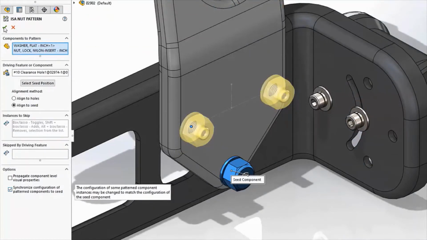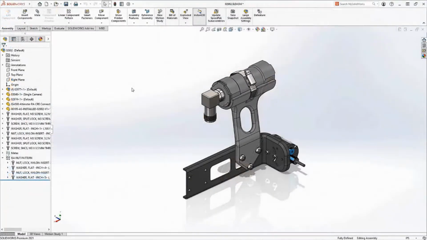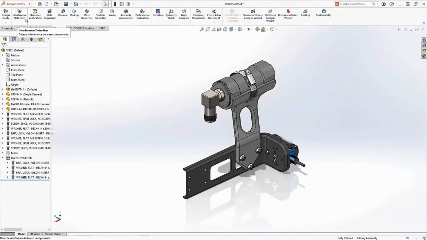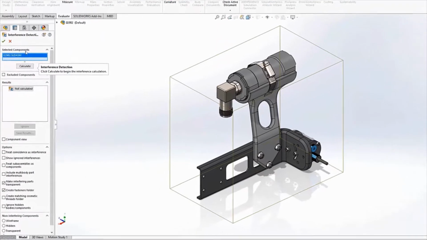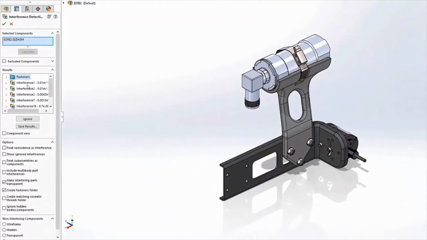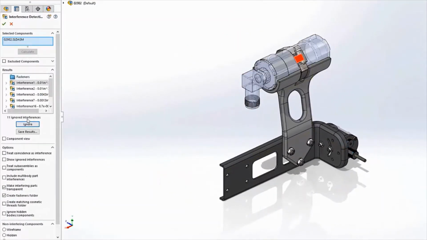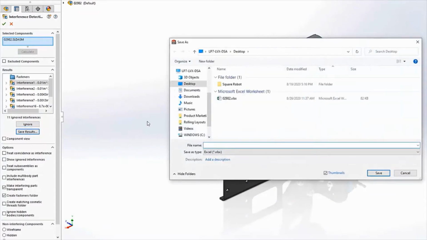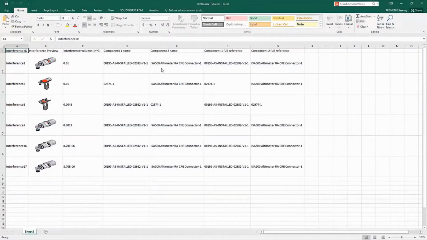Finally, let's take a look at what's new with the interference detection tool. The interference detection tool is super powerful because it allows us to quickly find issues within our design. Now in 2021, we have the option to save these interferences out in a spreadsheet. You now even have the choice to capture a screenshot of each interference so that they can be shared and